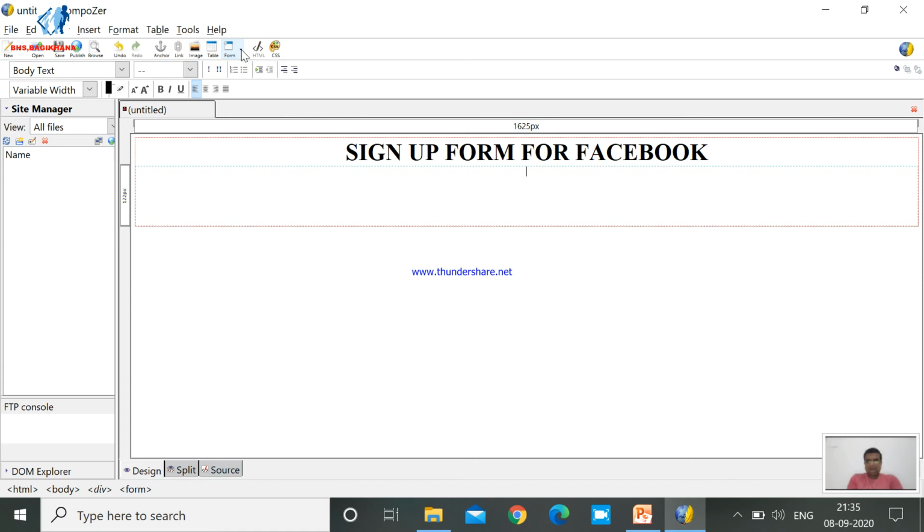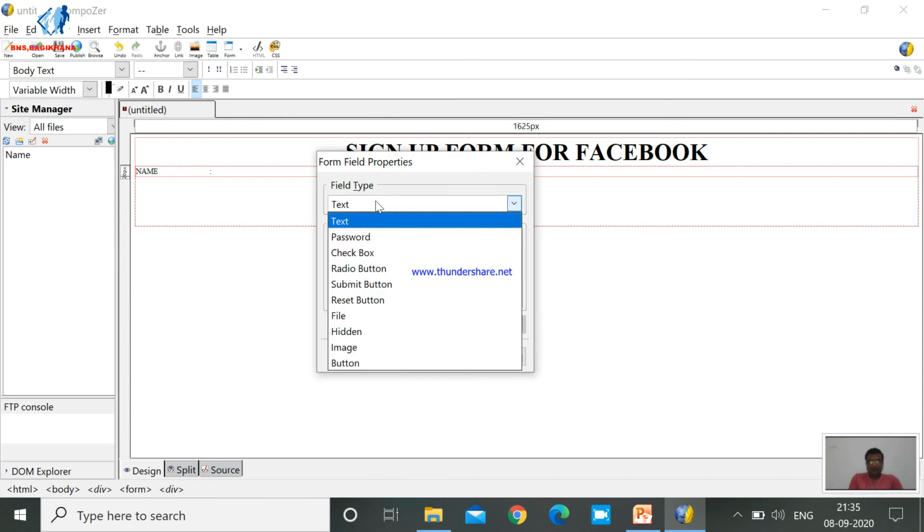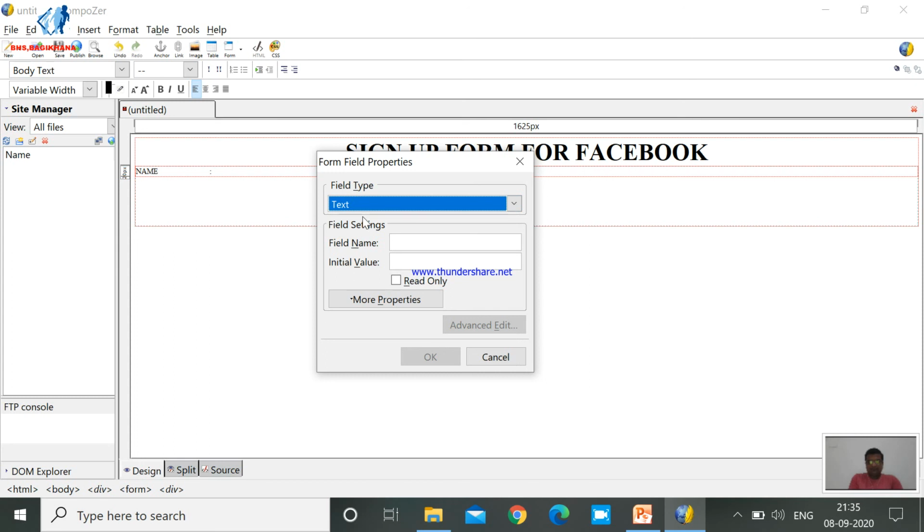Now let's start with the first input element, and that is always name, as we can see, the first input element of any sign up form. So write name as the first input element. This is the label. Then give some space, and I am using a colon for the partition between label and field, right? So now for name, I am selecting a text box. For the text box, you have to click on form property and then select text from these form field properties.